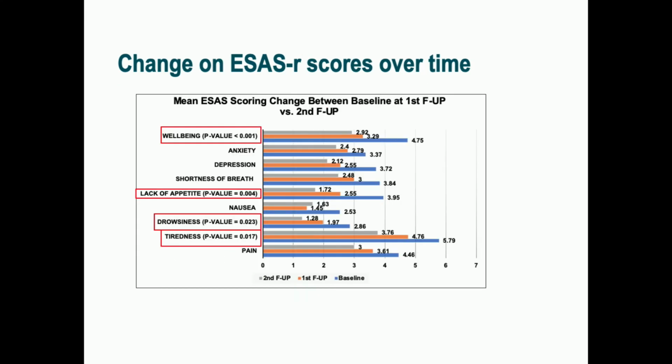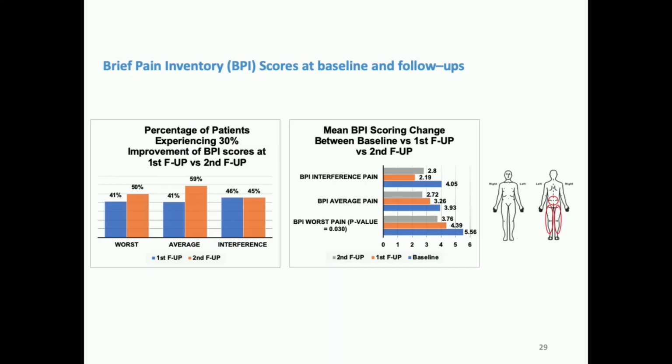So when we are looking at where the significant change took place, again: well-being, lack of appetite, drowsiness, and tiredness. We were discussing with Professor Shriving the importance of fatigue in cancer patients, the importance of lack of appetite. There is really nothing that we can use effectively except psychostimulants in certain conditions, steroids in certain conditions, but what seems to respond to cannabis is something that is difficult to treat with conventional approaches.